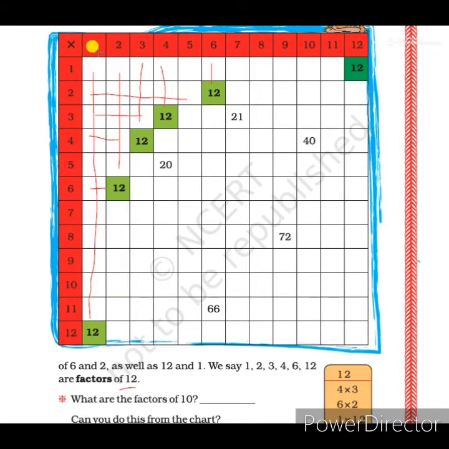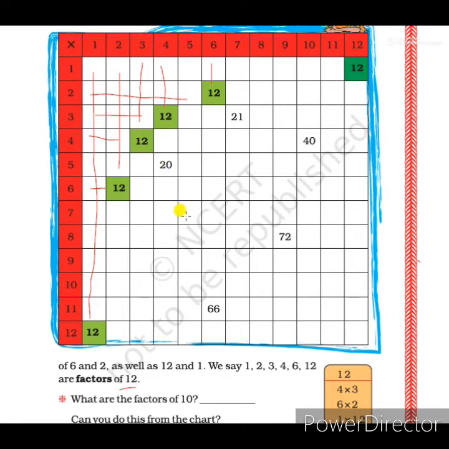So from this chart we understood that in these numbers 12 comes as a multiple. So we can say that 1 is a factor of 12, 2 is a factor of 12, 3 is also a factor, 4 is also a factor, 6 is a factor, and 12 itself is also a factor of 12. So these are the factors of 12. Factors are the numbers we multiply to get the given number. Here 1 into 12 is 12, 2 sixes are 12, so 1, 2 and 6 are factors. So we find the factors of 12.